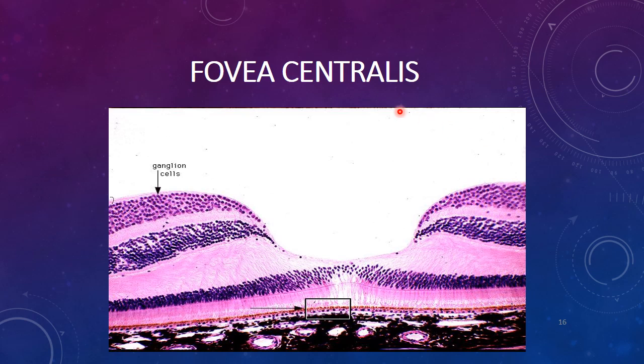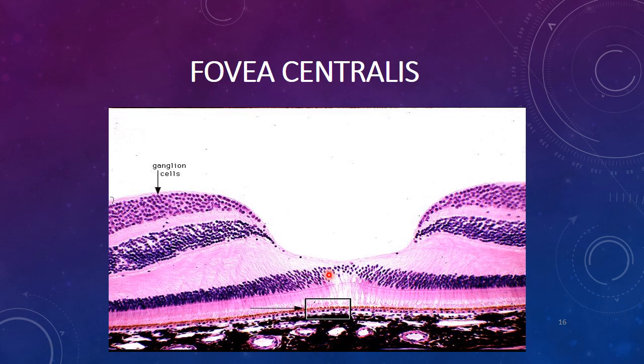So this is the area of fovea centralis. You must remember here all the inner layers are just present at the periphery. So the inner layers, especially the bipolar and ganglion cell layer, are going to be present just at the periphery of that fovea centralis, and here is the area of the rods and cones, where you are going to have mostly the concentrated areas of the cones.